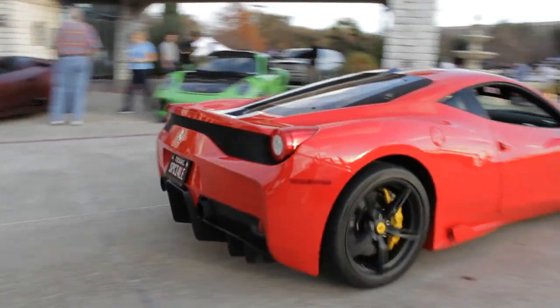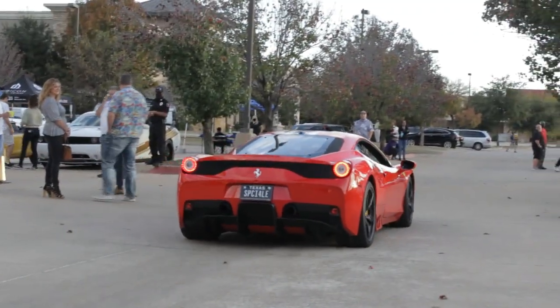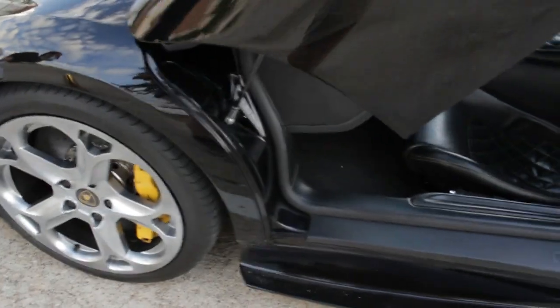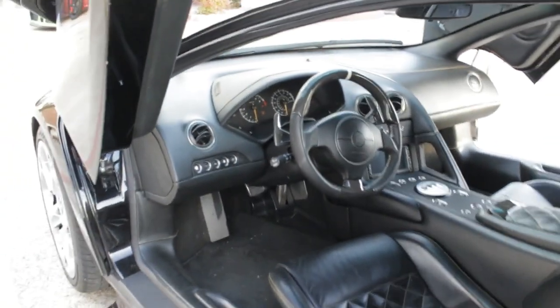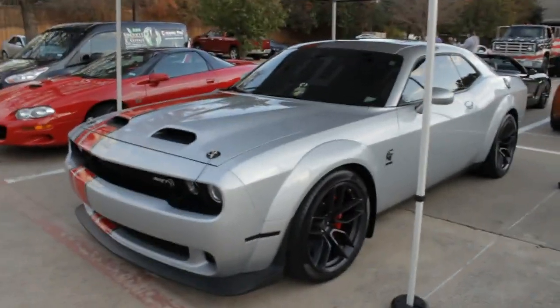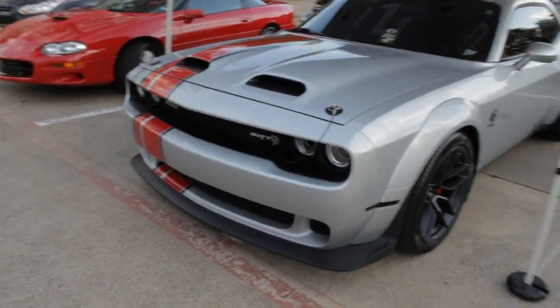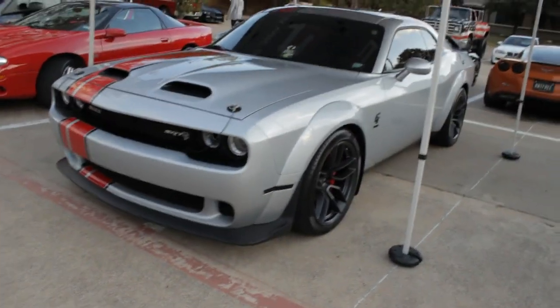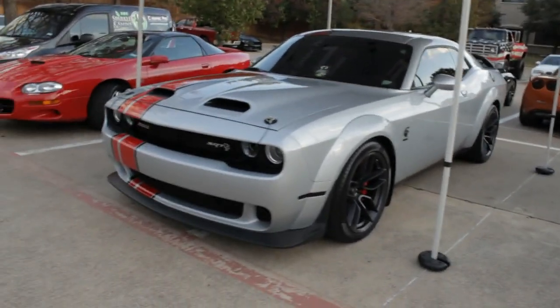Oh, he brought his wife. That's a surprise. Yeah. So he has the R8 gated manual V10, then he has the Speciale. He's also owned about 30 BMWs. Good looking Challenger Hellcat Red Eye wide body. So pretty much the highest spec you can currently get before the Super Stock comes out. So